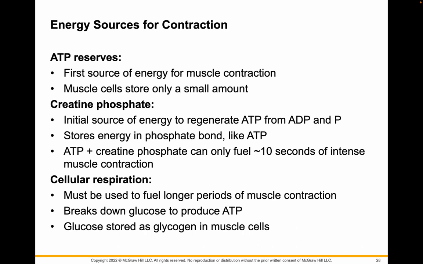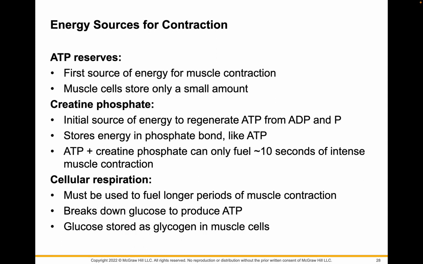So where do we get ATP for all this contraction? Well, there's already ATP in the cell, and we use those up really quickly. It's a tiny, tiny amount. You also have creatine phosphate in small amounts in the cell already. And what happens is creatine phosphate can quickly convert ADP to ATP, and you get about 10 seconds of